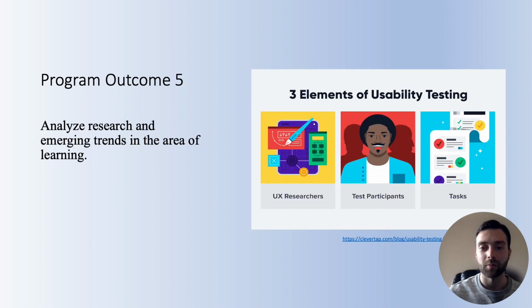My final reflection will be on Program Outcome 5, which is to analyze research and emerging trends in the area of learning. This is something I did frequently during my time at the University of Cincinnati. One example of me doing this is when I conducted usability tests for my research project. I completed research on usability testing, I recruited participants, and then I had them complete tasks to help me analyze